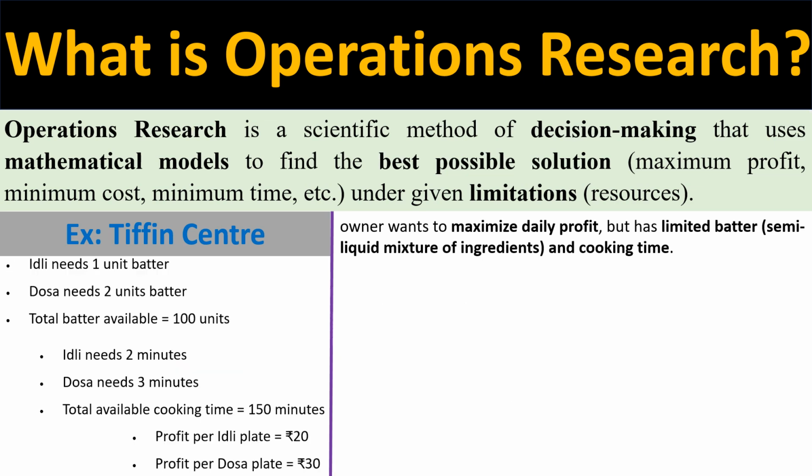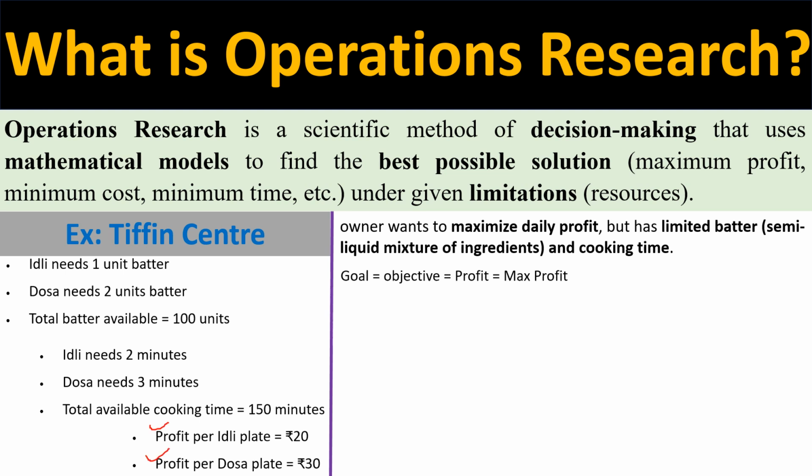Let's see the solution. Here the owner needs maximum profit and to utilize the limited resources. So the owner's goal is maximum profit. So the objective is maximum profit. And how will he get the profit? He will get the profit of 20 rupees per plate for the idli and 30 rupees per plate for the